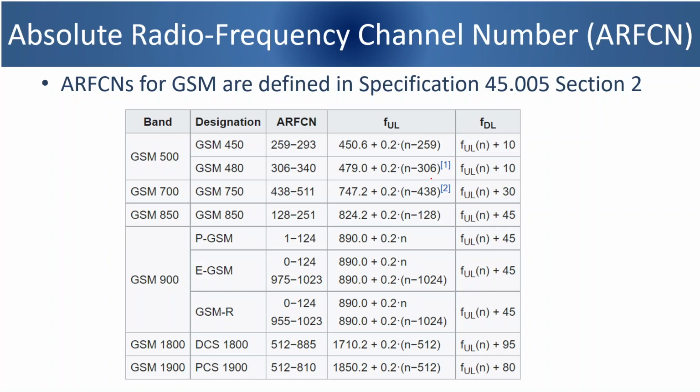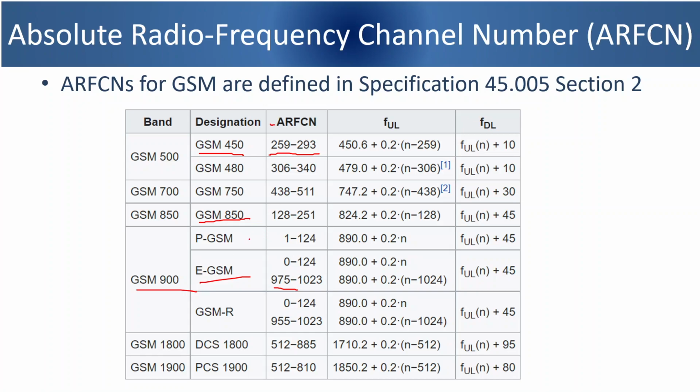This particular table which you are able to see is of absolute radio frequency channel number, which was used in GSM, the 2G communication. So just look at these particular numbers. For every band, GSM was operated in GSM 450, that is 450 megahertz band, or 750, 850. So there were various frequency bands, 900, GSM 900 band. For every band, there will be a set of channel numbers.